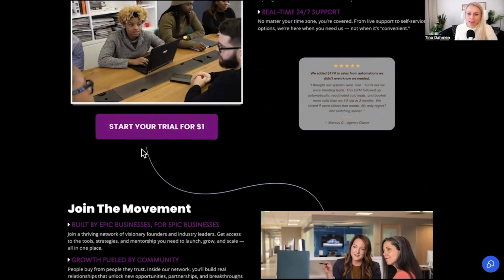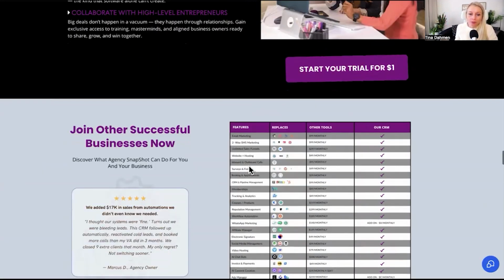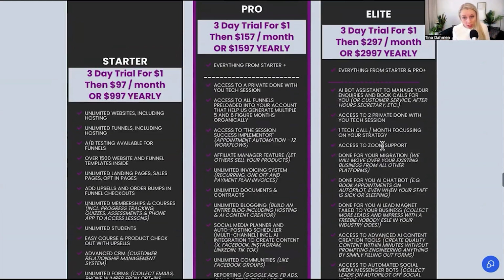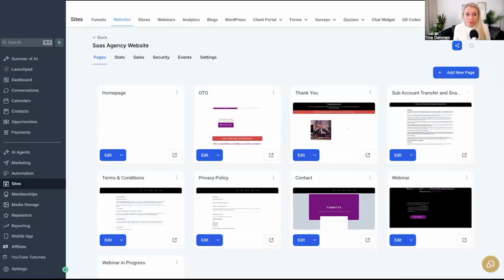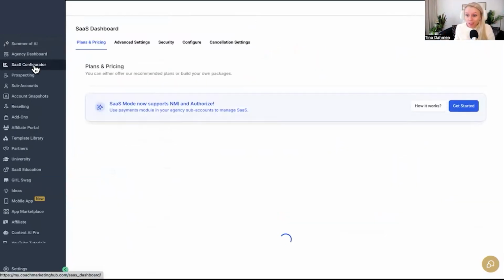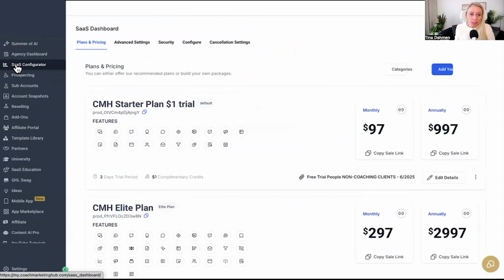If they click the button here, they will see the 2-step order form where they can sign up for a $1 trial or 14-day free trial or however you want to sell it. It's totally up to you. You decide that in the back end on the SaaS configurator if you're on the $497 plan, which I would highly recommend you do, by the way, the $497 plan, because let me just show you that real quick. If you are thinking about joining HighLevel or you're on the $97 plan or $297, just move over to the $497 already, because then you will see on the left here, you